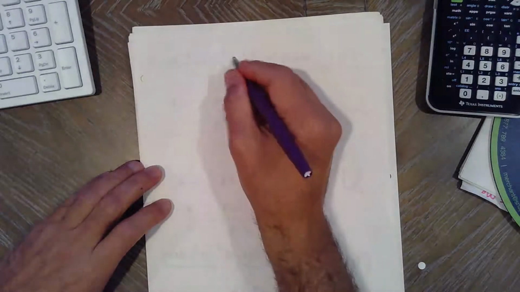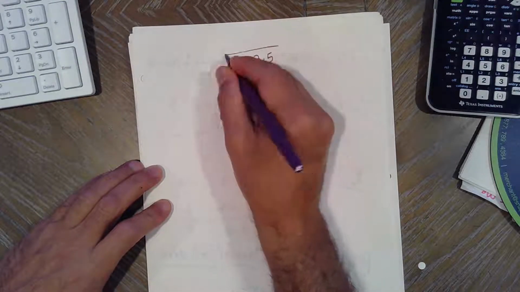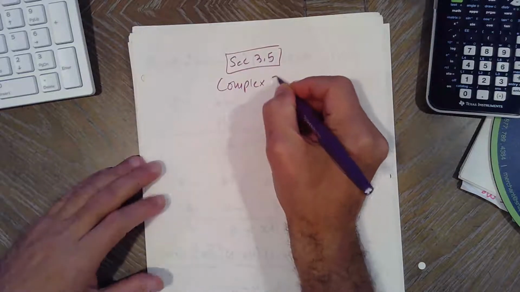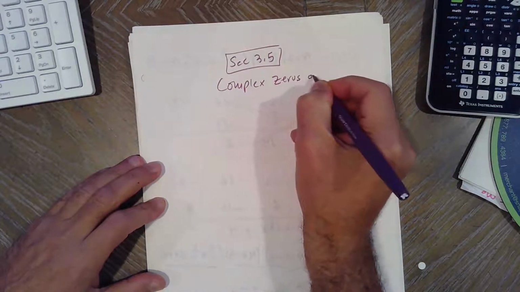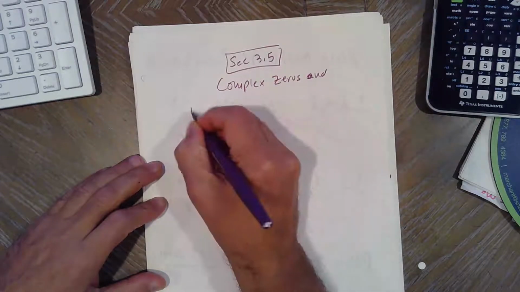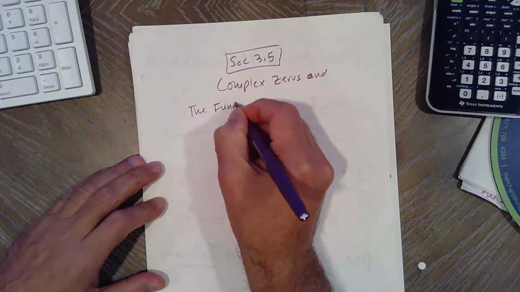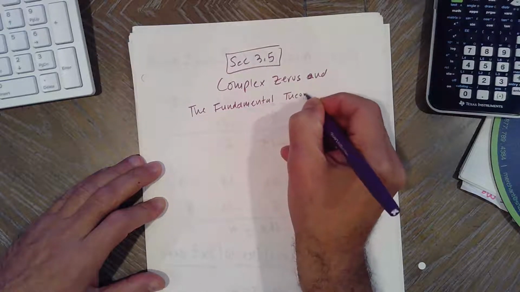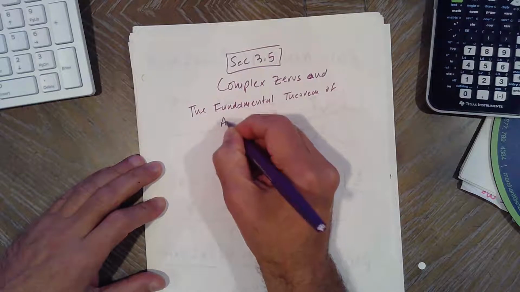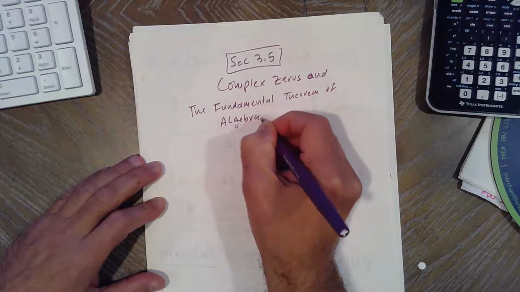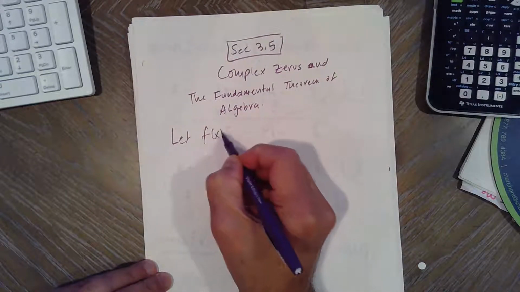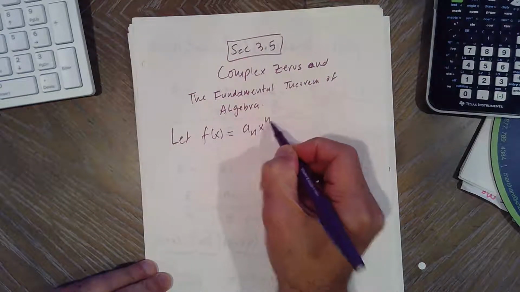So after discussing real zeros in section 3.5, now we're going to discuss complex zeros. Complex zeros include real and imaginary, okay? And the fundamental theorem of algebra. Okay, so let f of x or p of x, whatever you want to call it, be the general polynomial